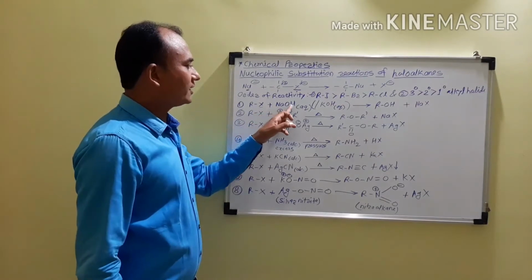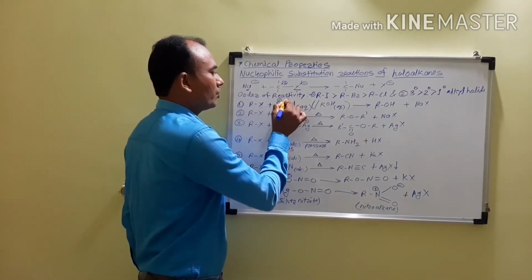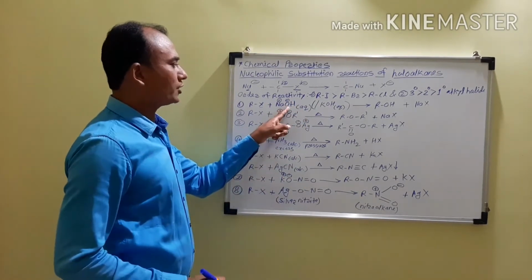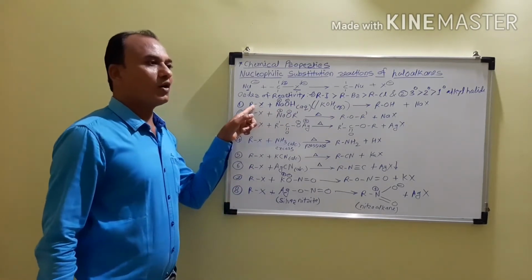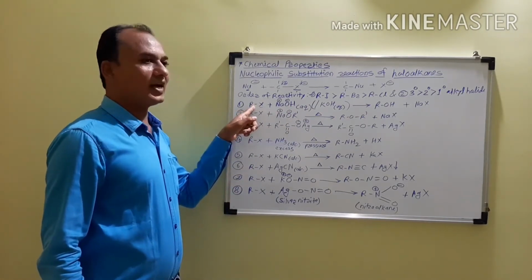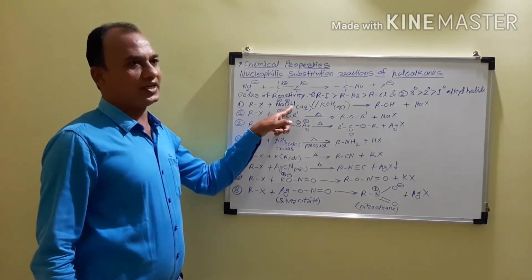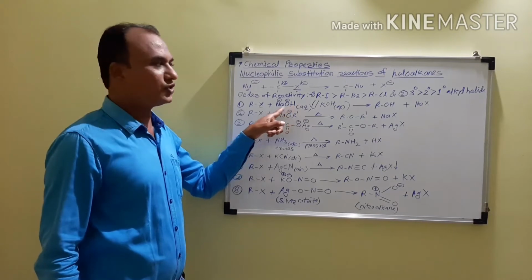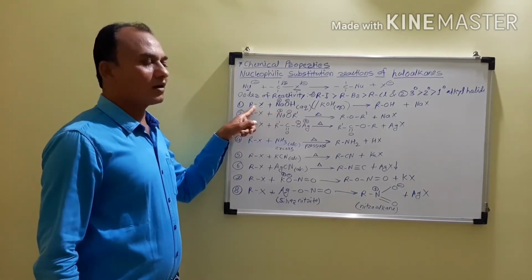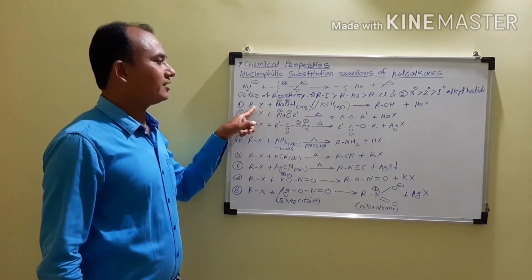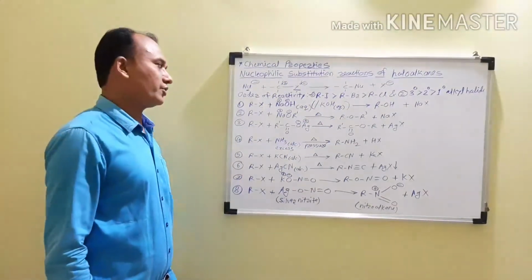Now, when we are considering NaOH, sodium carries a positive charge and the hydroxyl group carries a negative charge. This OH group, which carries a negative charge, attacks the substrate, or the carbon atom of the substrate, and therefore it is a nucleophilic substitution reaction, because there is an attack of a negatively charged species, which is called the nucleophile. This nucleophile attacks the carbon of the alkyl halide, and then we get the product ROH, and therefore it is a nucleophilic substitution reaction.